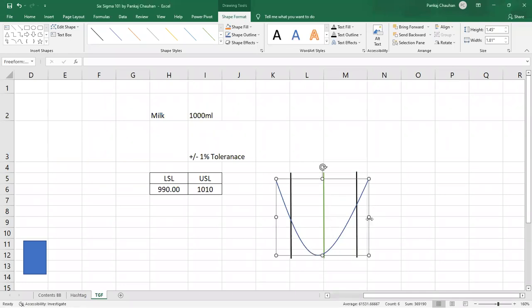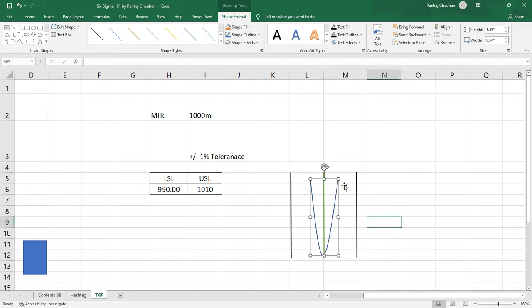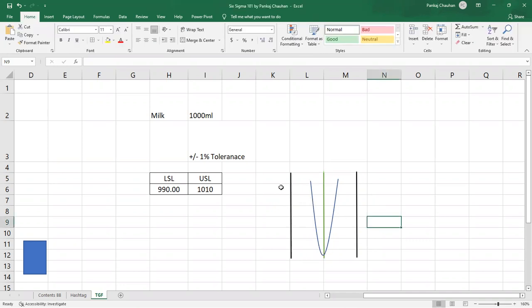So what we are supposed to do is reduce the variability in the process, so that all the values, which means 100% of the values, stay within the limit and as close as possible to the target value. Then only can we save loss to society. That's about the Taguchi loss function. Practically, how does it work?